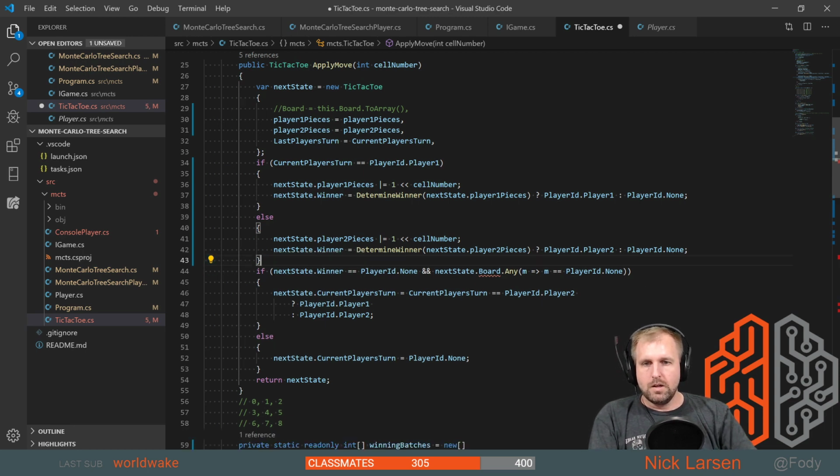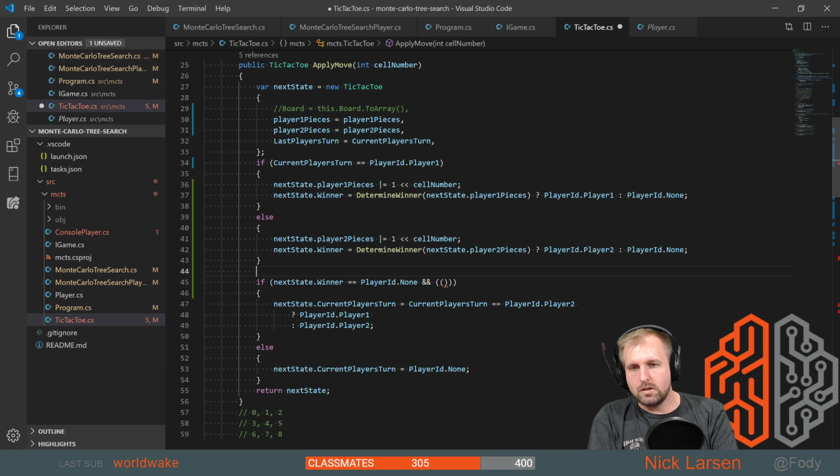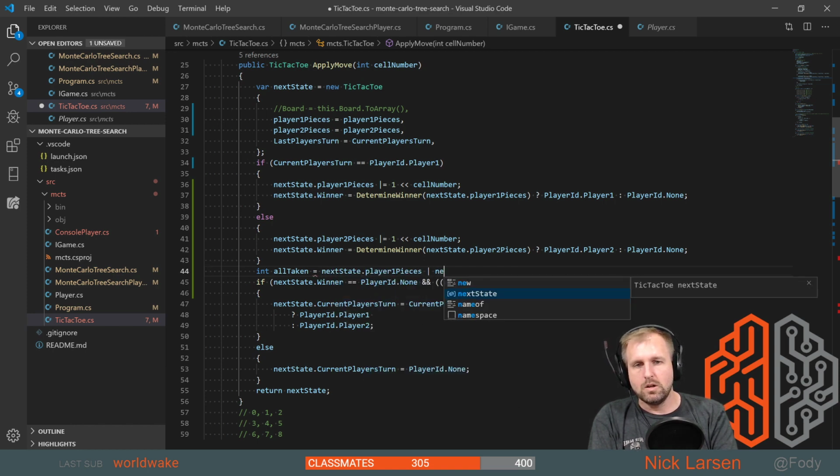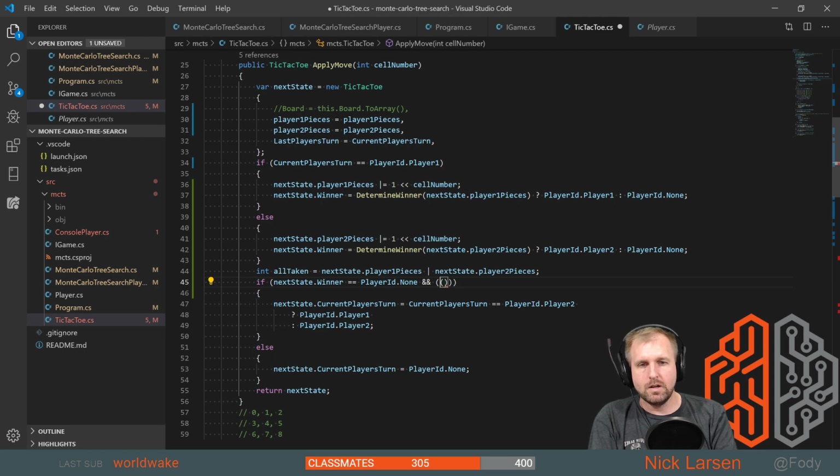Okay. If next state dot winner is player ID none, and there are any cells that are empty. Okay, so we need any cells that are empty, which is actually pretty simple. We say, okay, int all taken equals next state dot player one pieces or next state dot player two pieces. This will show us all of the ones that are taken, and then we can say all taken